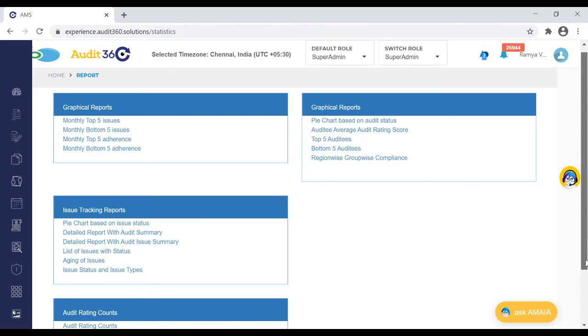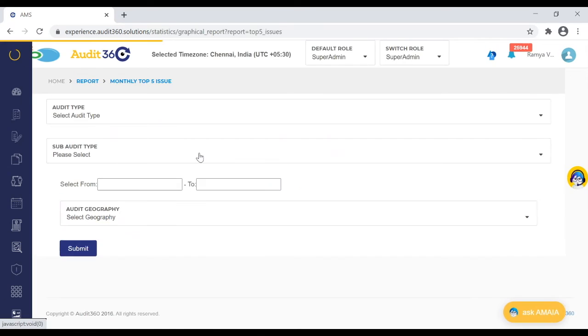Cluster-wise reports are possible to be generated, is the next question. We have not given the filter option at a cluster level, but if they have been given access to the clusters, whatever they have been assigned, they can. But over and above that, geographical level information can be drilled down and a report can be generated.